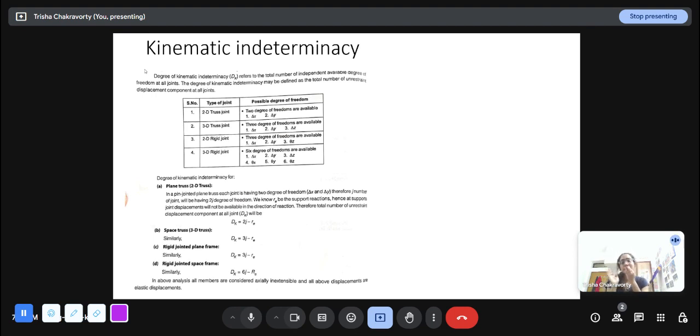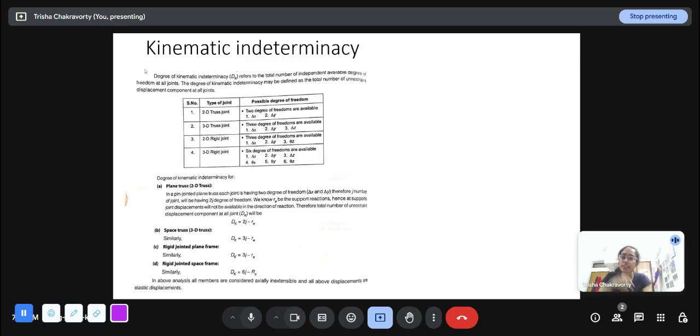Every joint in a 2D truss has 2 degrees of freedom: translational in x direction, translational in y direction, or more generically along any two mutually perpendicular directions. In a 3D truss, it's in space, so it has 3 degrees of freedom, three translations del x, y, and z, in three mutually perpendicular directions. This is not valid in a 2D truss because it's in a plane, right? In a plane, this z translation does not exist.